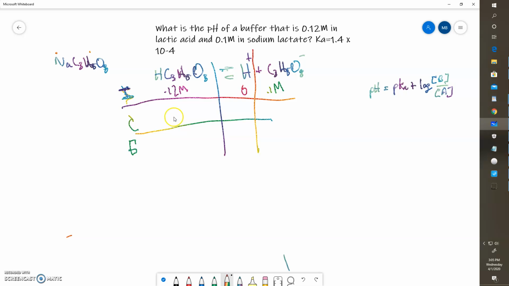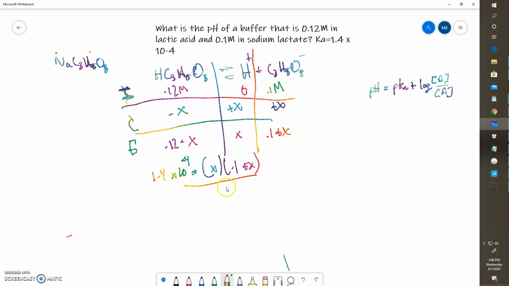And my change will be the same. I'm going to lose X amount of the acid. It's going to dissociate. I'll gain X amount of H plus, and I'll gain X amount of the anion. So at equilibrium, I've got 0.12 minus X, X, and 0.1 plus X. Now I can throw this into the equation. I end up with 1.4 times 10 to the minus 4 equals X times 0.1 plus X